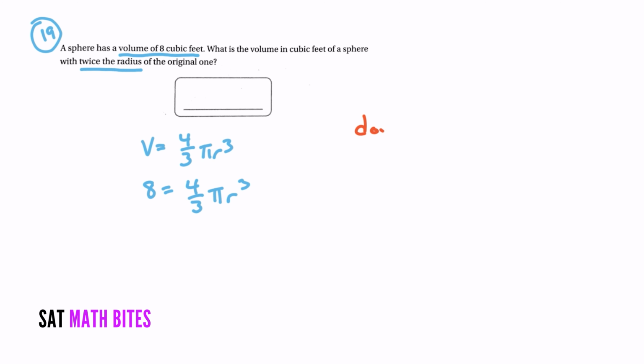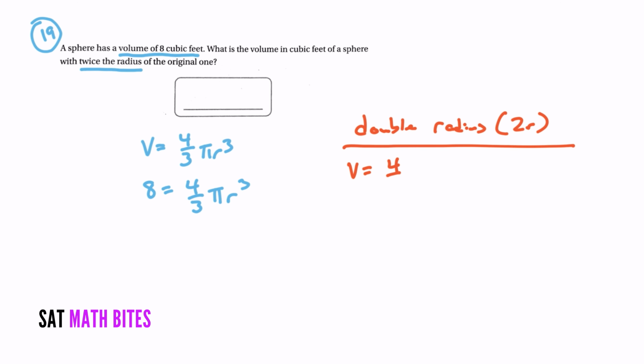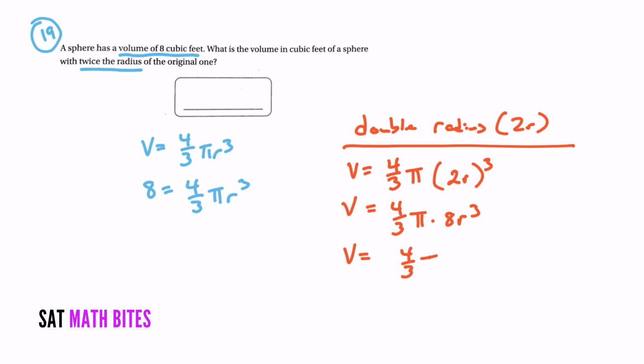If we double the radius, that means r would then be 2r. So the volume would be 4/3 pi, but instead of writing r to the third, it would be 2r to the third power, which then would give me 4/3 pi times 8r to the third. If we adjust things around a little bit, this would give me 4/3 pi r to the third times 8,